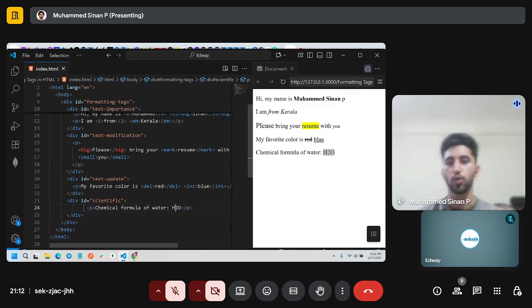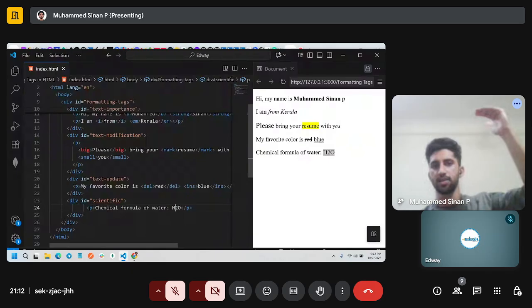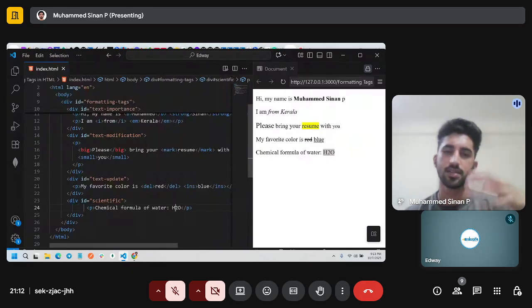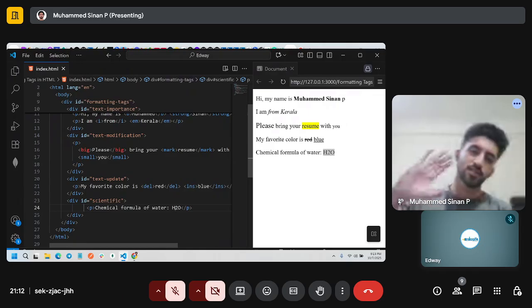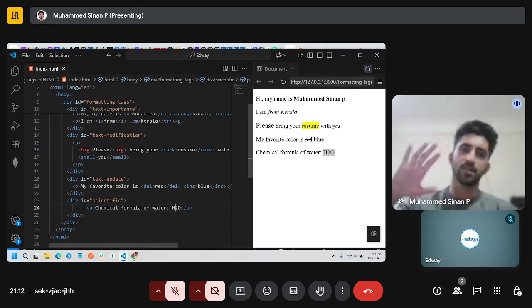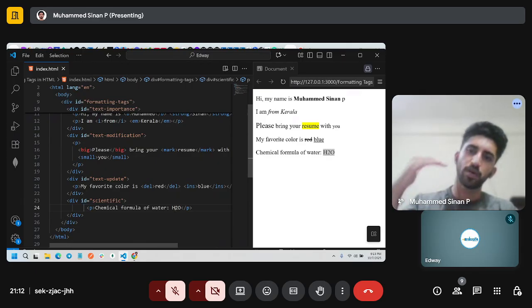Yes. So superscript is to make the element or the content on the upper side. Imagine, super will be on top. Are you getting me? To remember this, or to avoid the confusion with superscript and subscript, imagine it like this: super is above, sub is below, like subway.